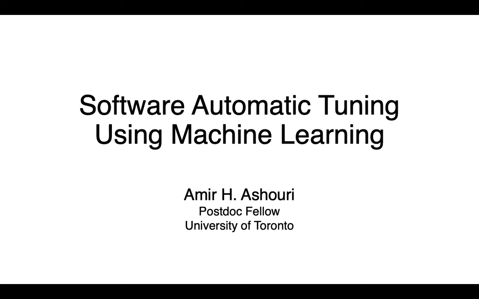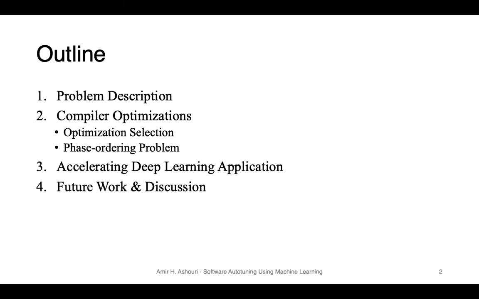Thanks a lot. Thanks for having me. Good afternoon, ladies and gentlemen. So today I'm going to talk about software automatic tuning using machine learning. So this is going to be the outline of my talk. I'll start with the description of the problem, and the bulk of my presentation will be around compiler optimizations, and we're going to discuss two major problems involving optimizing compilers, which are optimization selection and the phase ordering problem. Then I'll have a few slides about my current research at the University of Toronto on accelerating deep learning